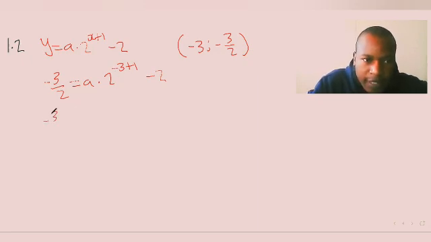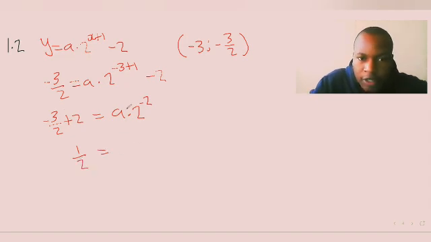So this would be -3 divided by 2 plus 2 equals a multiplied by 2. So now the -3 plus 1 would just be the -2 over there, and the left-hand side would simplify to a half. So now we can end up with a multiplied by